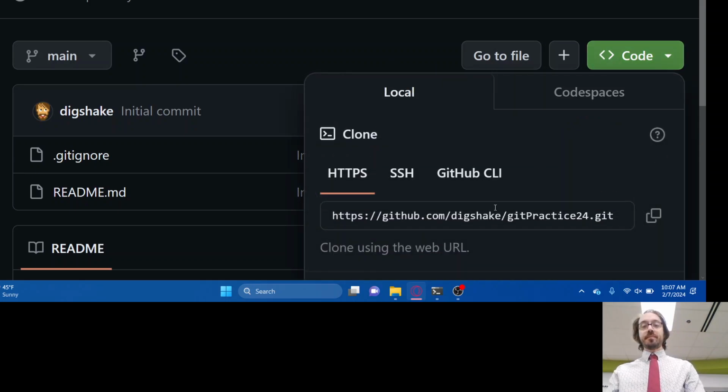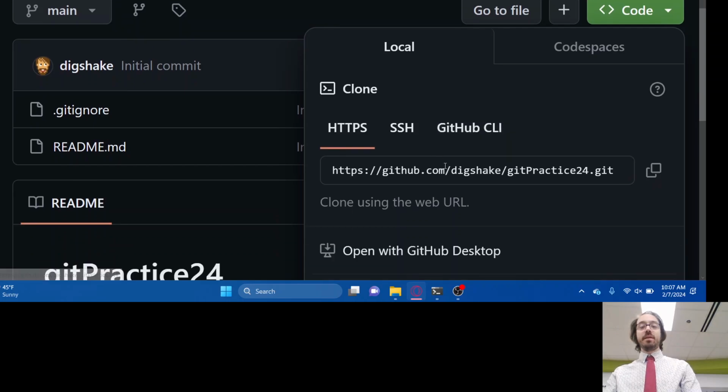So what I'm going to do is come up here and grab the link to the repository, copy it in whatever way makes the most sense to you, and switch back over to the command line, which I've already opened up and gone to a directory where I want to work on Git stuff, right? If you need to change directories on your computer, obviously you won't have this directory because it's got my name on it. You probably have different directories. So think about where you want to put your files, where you want to put your repository. Once you've used the cd command to get to an appropriate location, we can start running git commands, starting with the very first one that we need,